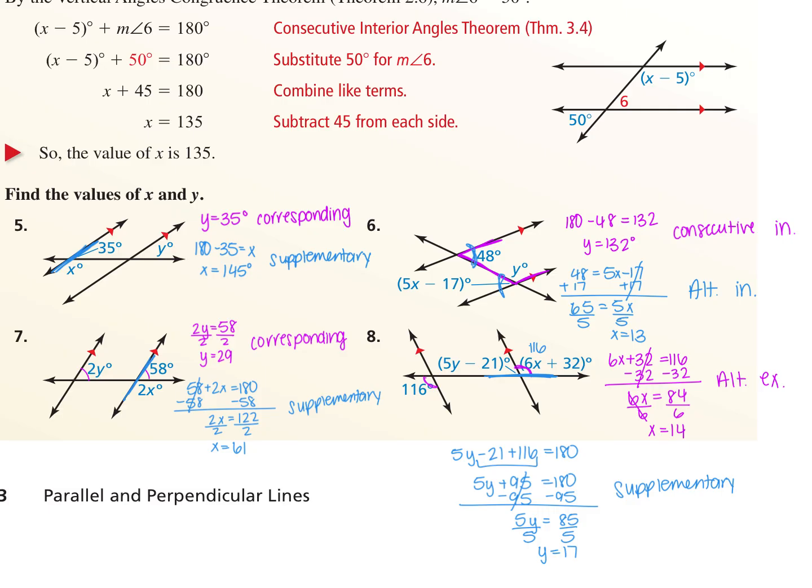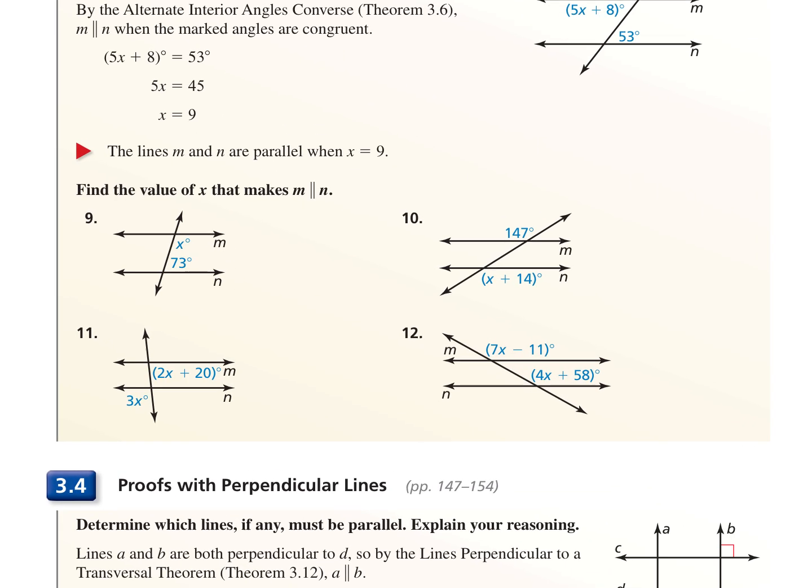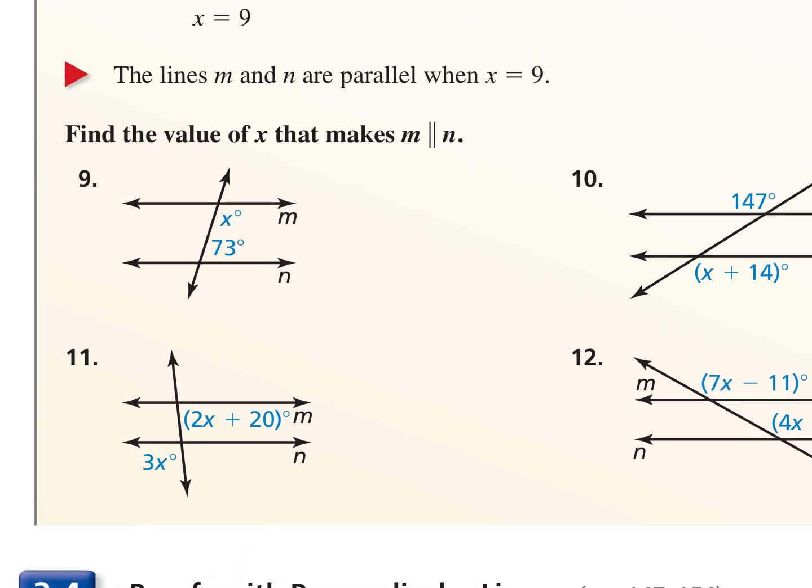Okay. All right, 3.3. Now for this question, they're telling us that the lines are parallel. In the previous ones, they showed us the lines that were parallel by the arrows, the little red arrows on it. So solving these are just solving for x. So again, I'm still going to state what I'm using to identify how to solve for x. So looking at this,